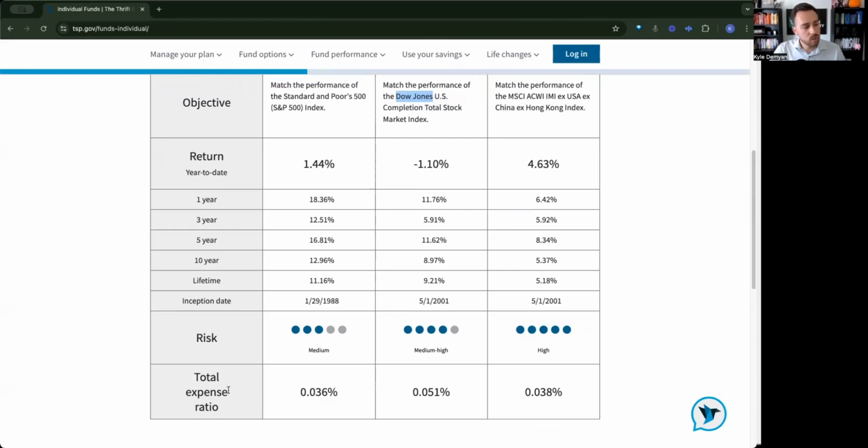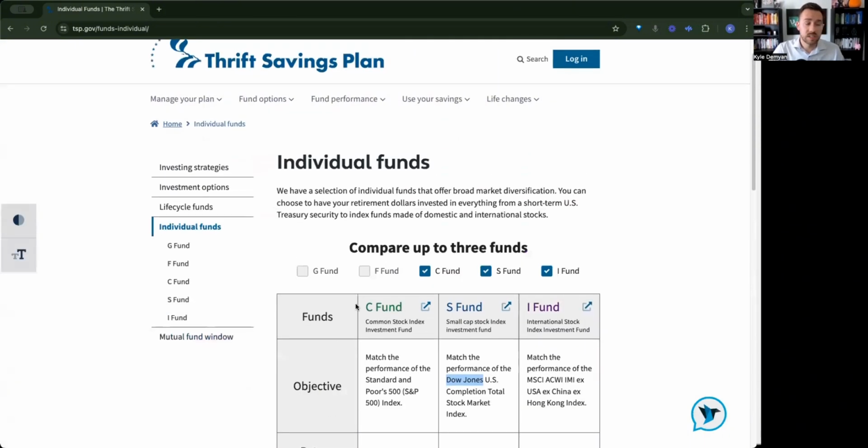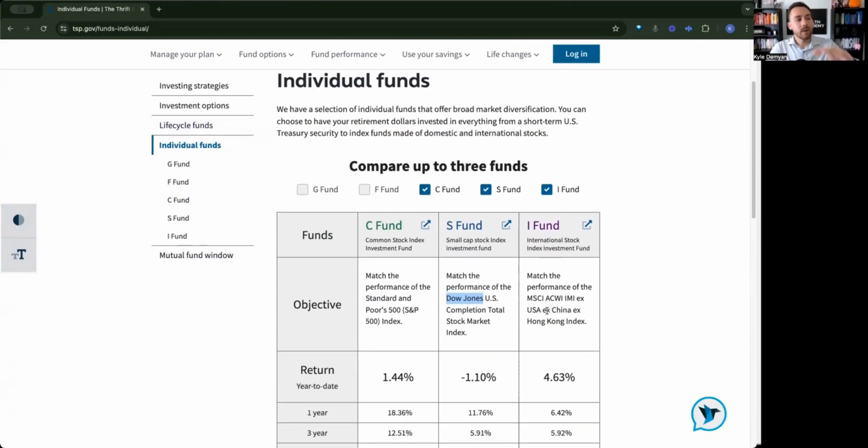Now, this does show as well the total expense ratio, which is another great thing about the TSP. The expenses or the fees are very, very low. One of the benefits of the TSP compared to more of a traditional 401k is that 401ks can have a lot higher fees usually than the TSP does. So that's another great benefit to the TSP for federal employees. Now that we understand the individual funds, though,